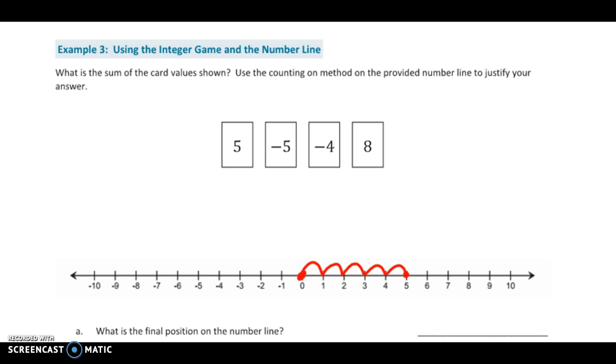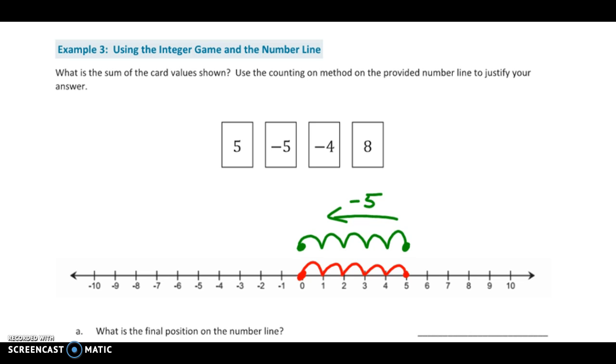Since our first card in the hand is a positive 5, I'm going to, remember, start at 0 and count up 5 units. Now obviously this is not the only card in our hand. The next card is a negative 5, which when we look at that brings us right back down to 0. In this case, since my score was already a 5, I will start counting from positive 5 and go to